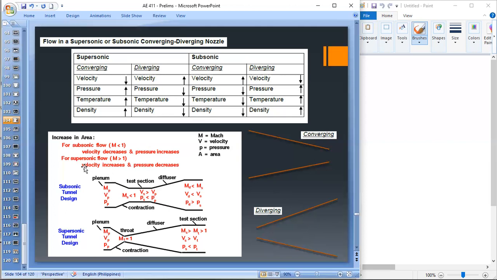So dito no makita mo yung figure na kung saan ginagamit yung subsonic flow and supersonic flow natin sa isang wind tunnel. So nakuha ko yan sa NASA, yung figure na to or picture na to. Okay? So conceptual lang din yan kung ano nangyayari sa supersonic and subsonic flow natin kapag dumaan siya sa isang